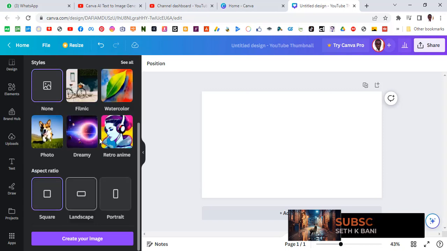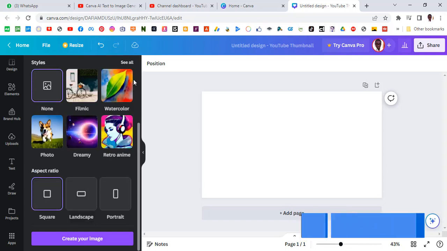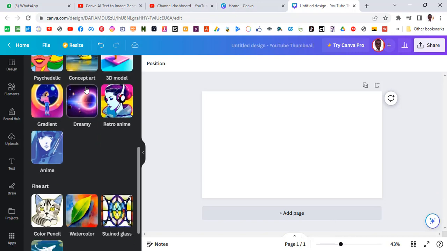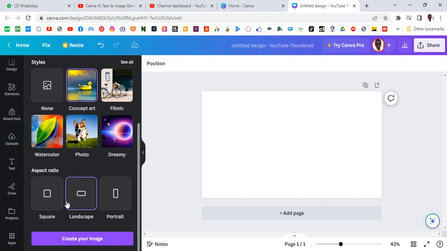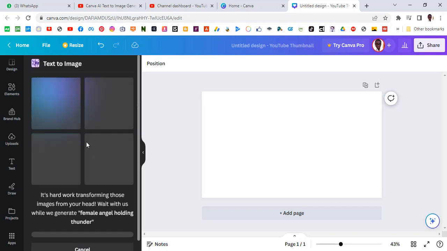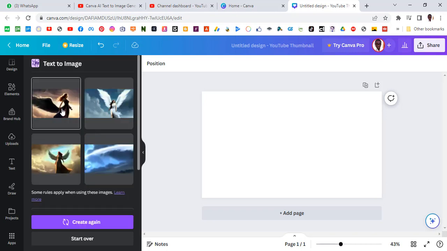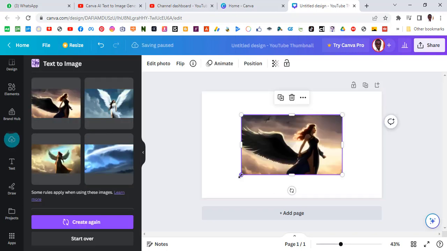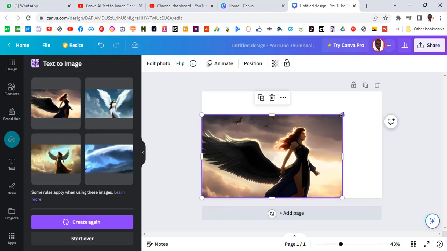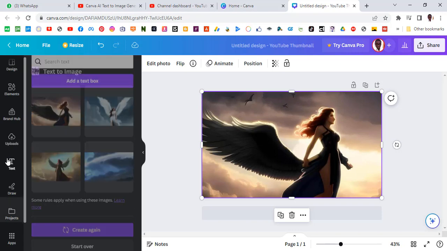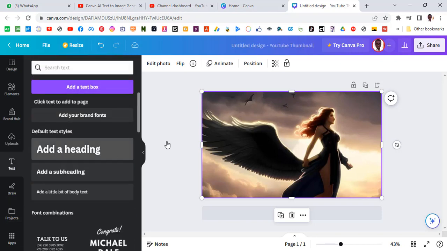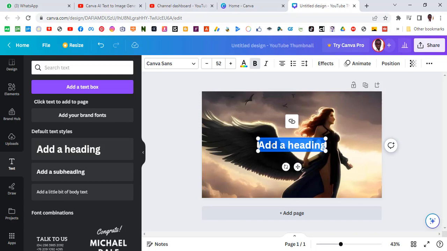Alright, so we are still maintaining exactly the same thing. Let's go to see all, and then let's choose the dark concept art, and then let's choose this, and then click on create image. Let's see what it is going to come up with. I feel like this one is better. We can just pull it over here, and then pull it over here as well, and then we can easily pick the details, use the text tool, click over here, and then maybe type angels among